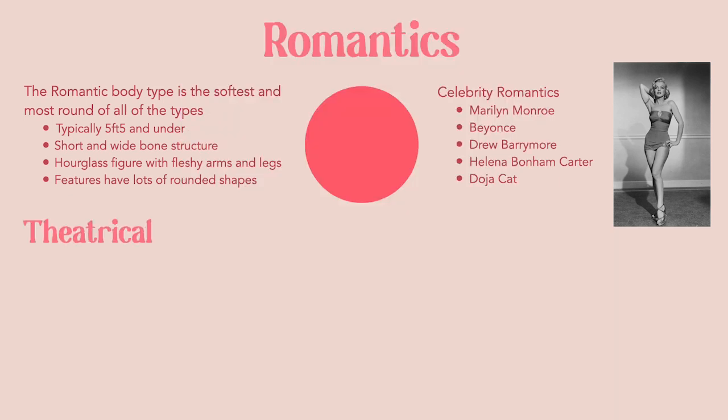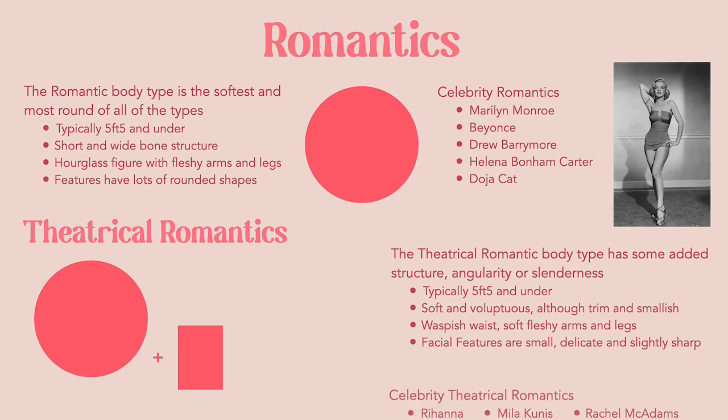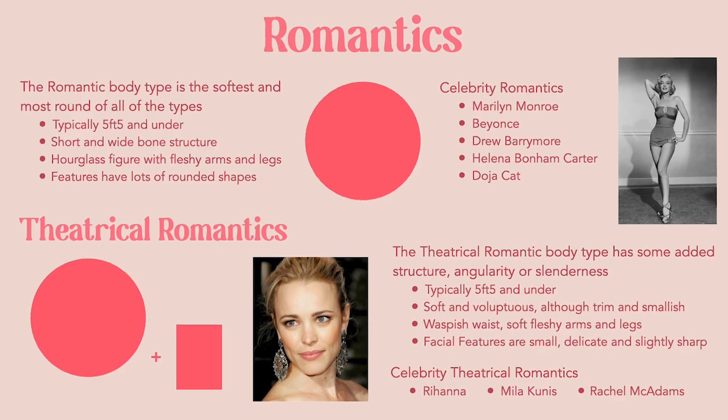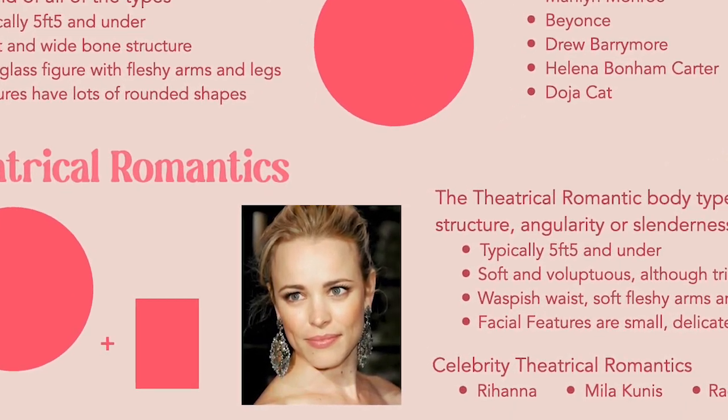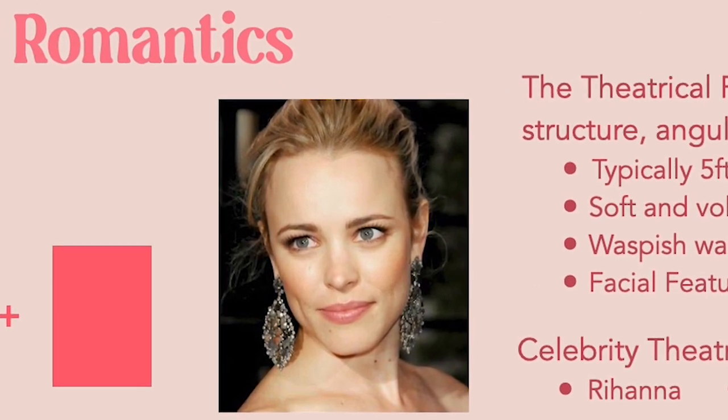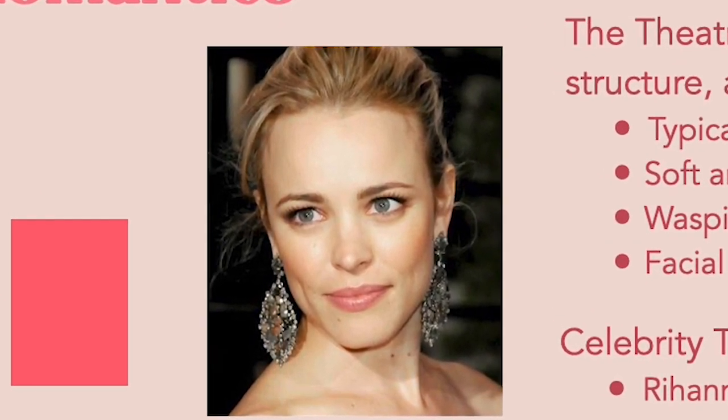Then if you take a romantic and add some sharpness or angularity, you get a theatrical romantic. So the main difference with this figure is that they will most likely have a waspish waist, as they say in the community. I've literally never heard anyone say that before, but I get exactly what that means. And then facially they will probably have some slightly sharper features, like for example Rachel McAdams facially seems quite soft at first. She has round eyes, full lips and flesh on her cheeks, but she has sharp, high cheekbones and